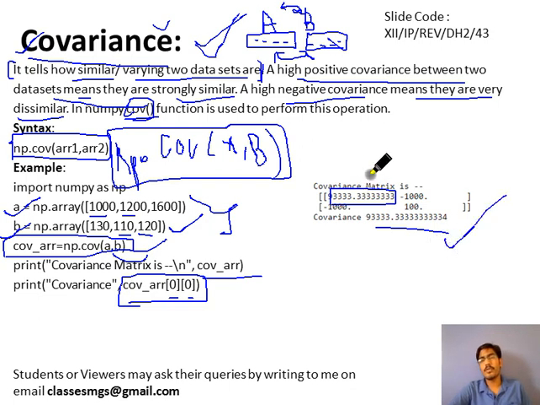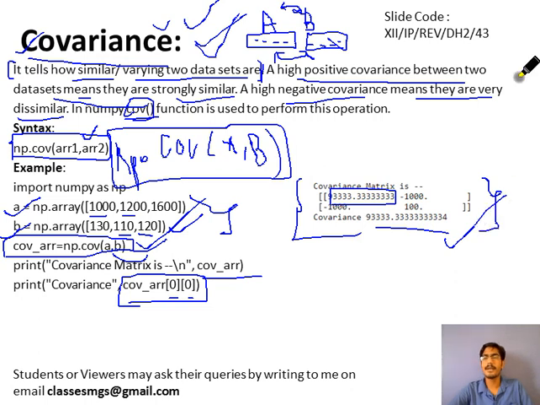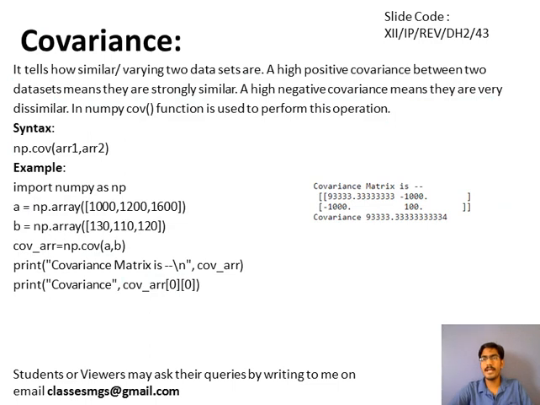Okay, let me move ahead. I hope this is clear. In this topic you should know only the syntax. Either it will ask the definition or it will ask the syntax of the numpy statement to calculate the covariance. That's sufficient. You need not worry about how to calculate the covariance. If you know it, very good, it's better. But if you don't know, don't worry: you should remember the syntax and know what covariance is. That is sufficient for subject IP.